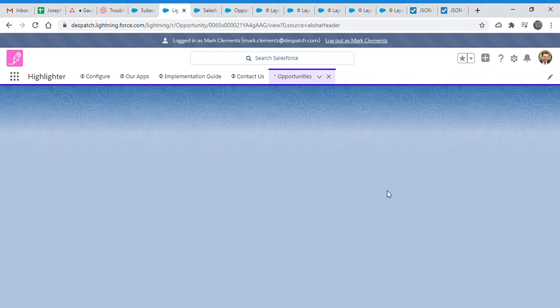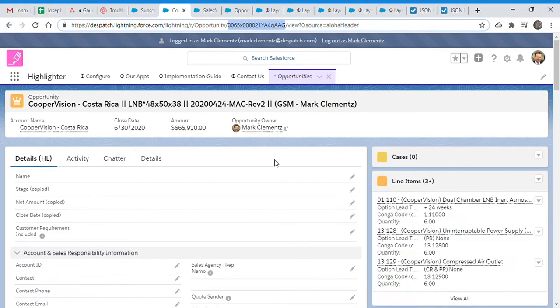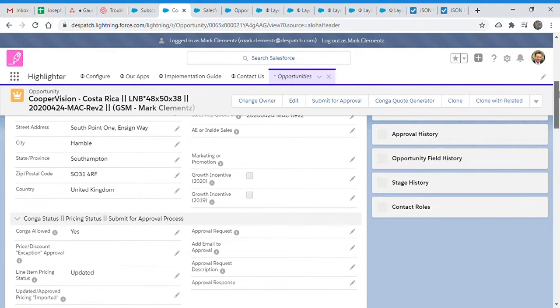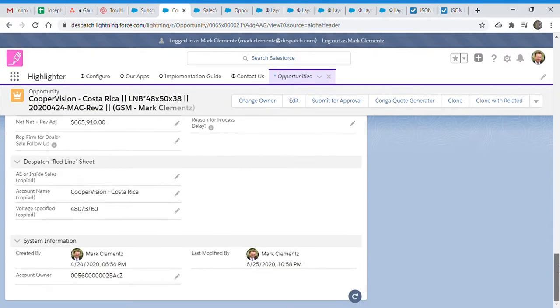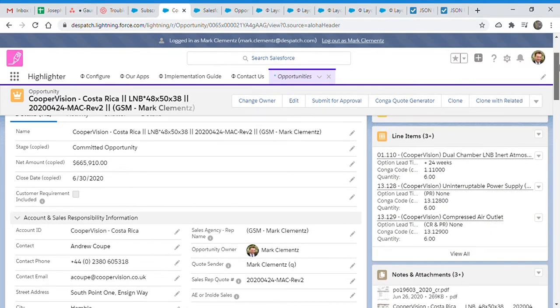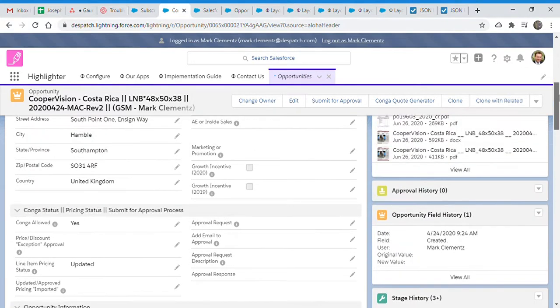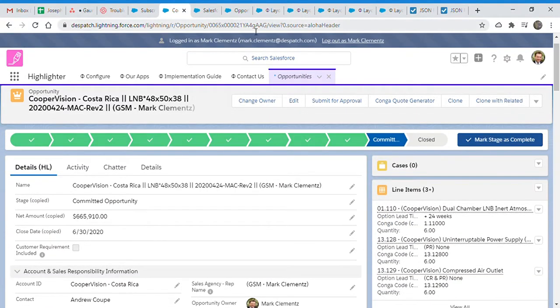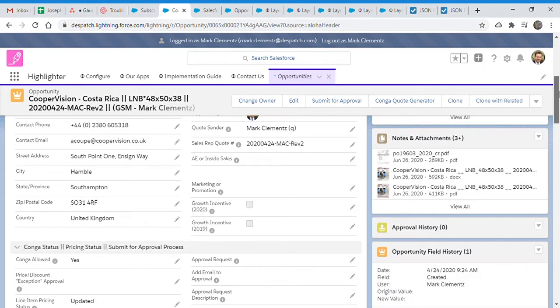Right now I don't want to look, I just want to show. So when we try to open a record, this is our lightning component, the highlighter component. So how does it load the layout? The first thing is it gets the record id, so it gets the opportunity object, the object's API name, and the second thing is the record type, and the third thing is the logged in user's profile.